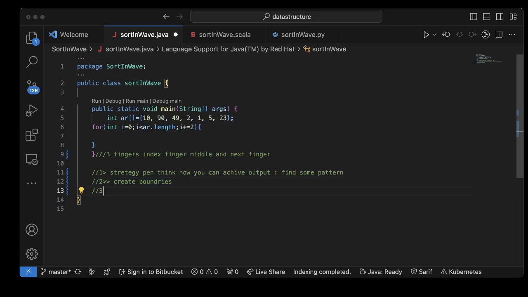Third thing is, if you're not able to think more beyond that, okay, just quickly read the code or the explanation, okay. And then the fourth thing what you can do is, you can write it on paper, okay. Not the whole code,